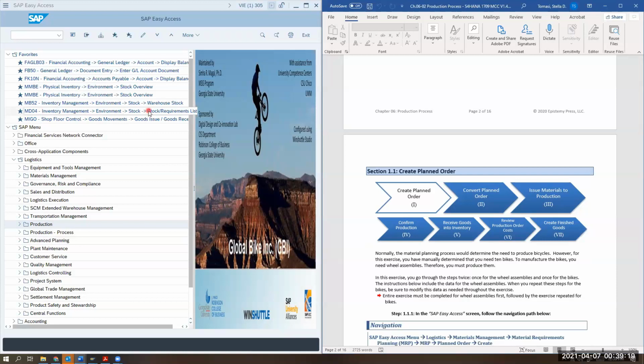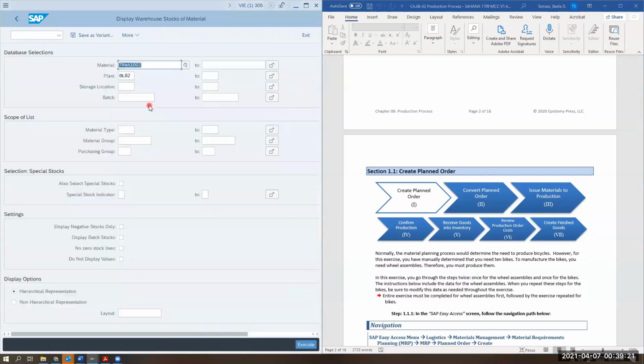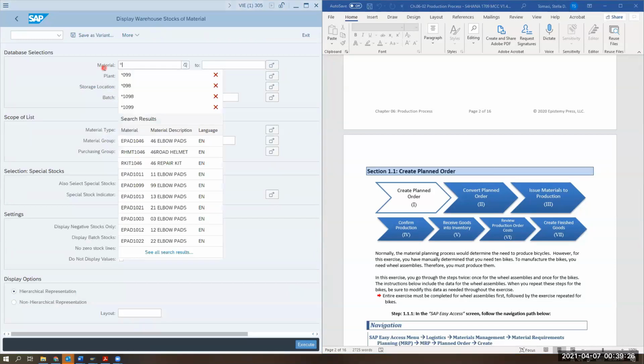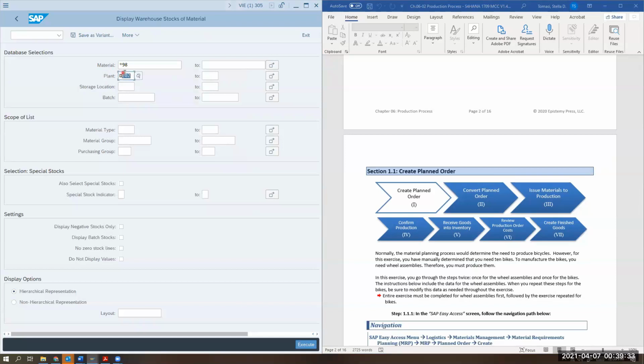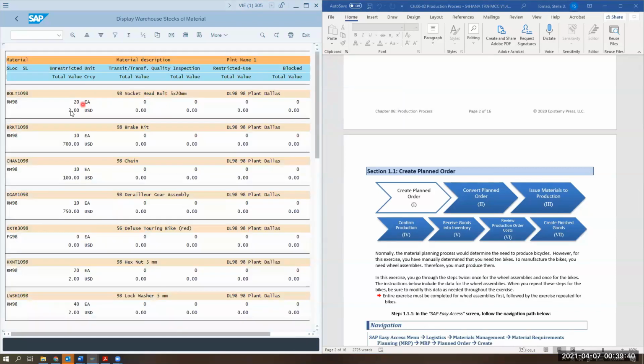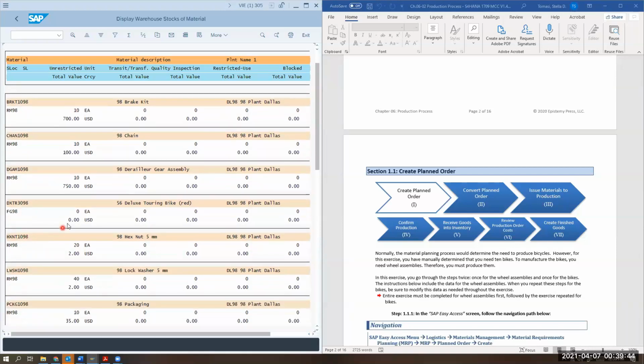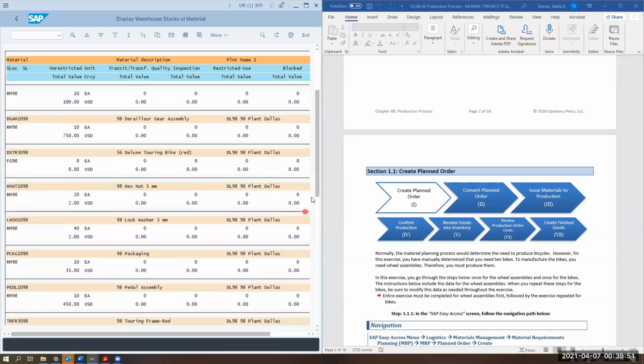So if I go into my warehouse stock and take a look at star 98, and I execute what's happening, you can see I have the raw materials, right? But I have no finished goods, and I have no